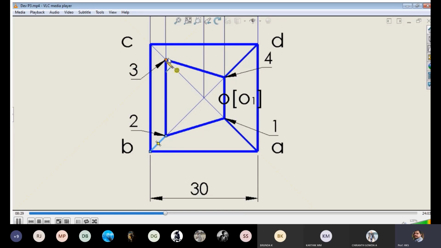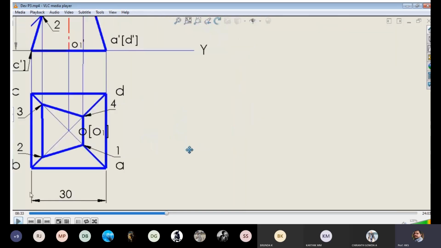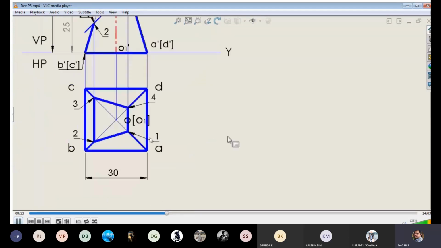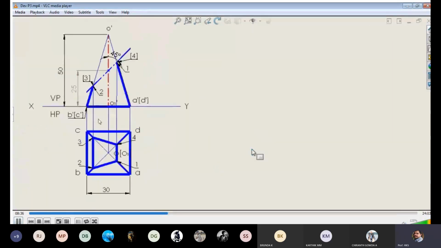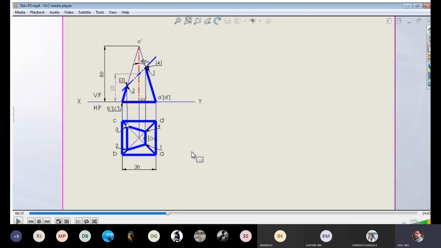And then again you have to connect the slant edge remaining. So that means you have removed some portion of the pyramid. Okay, so this is the top surface of the pyramid. Since you are slicing the pyramid, that means you are removing the top portion. So here a new surface will be formed, and it will look like this from top.